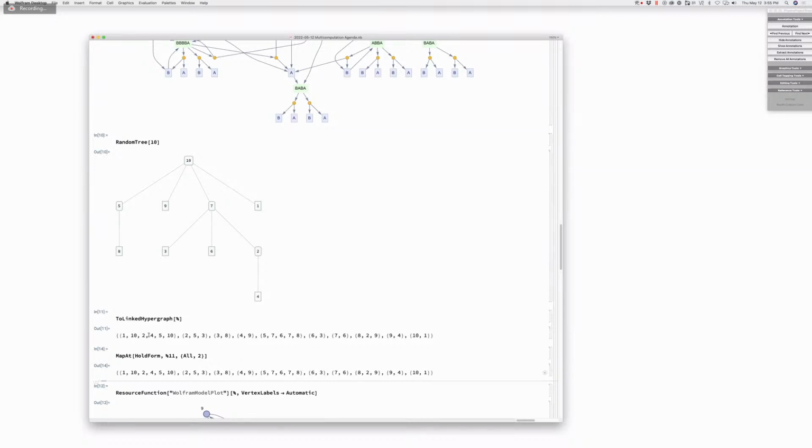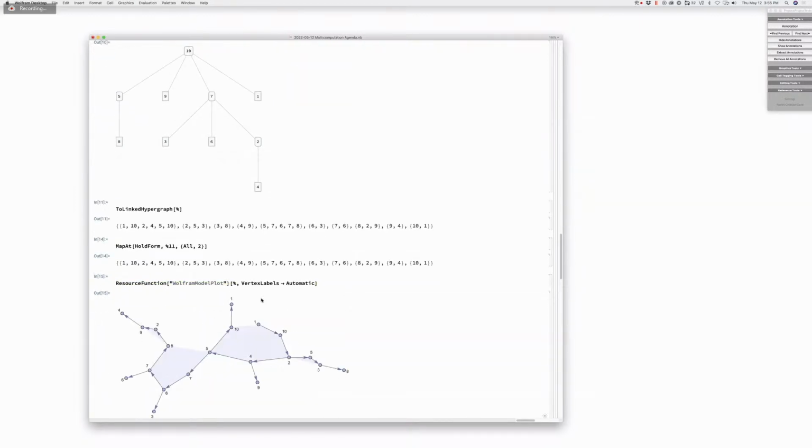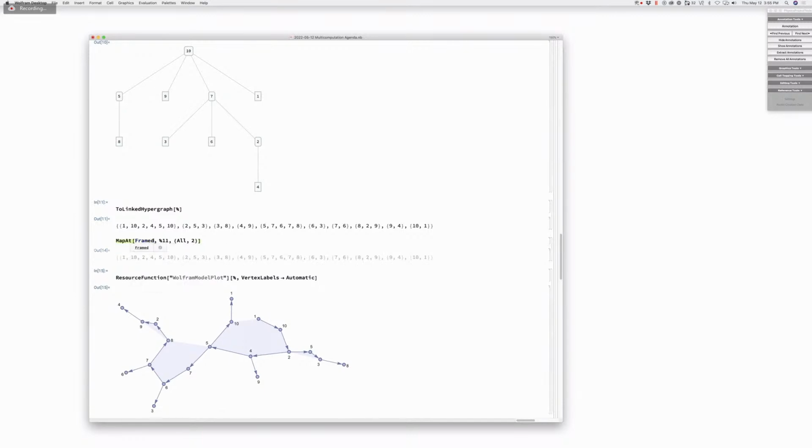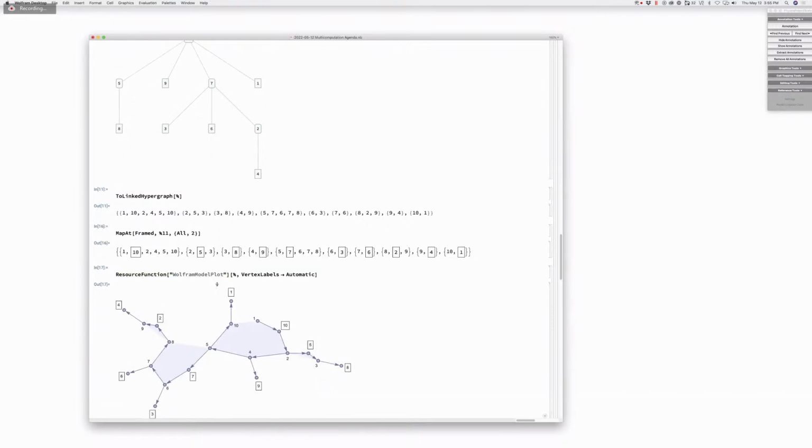And now you make a Wolfram model plot of that. Oh, I see. That's distinguished. Well, I wish I could see which ones are the payloads. Let me not just do a HoldForm. I'm going to just do Framed here. Okay, so those are the payloads in the actual tree, and these are the infrastructure nodes, basically. Right. Okay, so we should be able to read off the tree. 10 goes, through the infrastructure node, to 5.